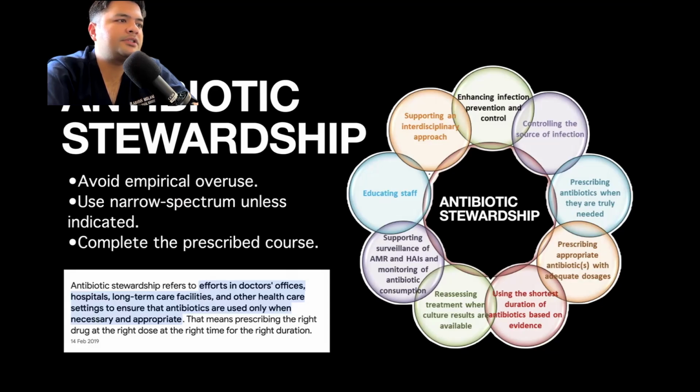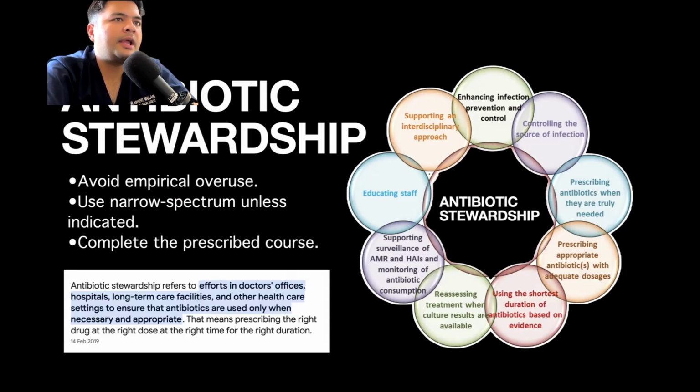So antibiotic stewardship refers to efforts in doctors' offices, hospitals, long-term care facilities and other healthcare settings to ensure that antibiotics are used only when necessary and appropriate. That means prescribing the right drug at the right dose at the right time for the right duration, supporting an